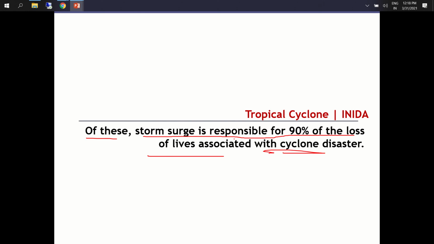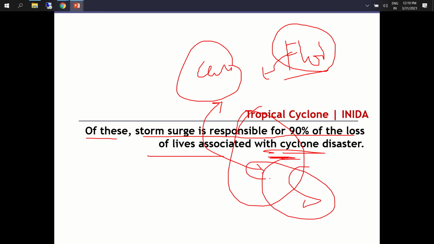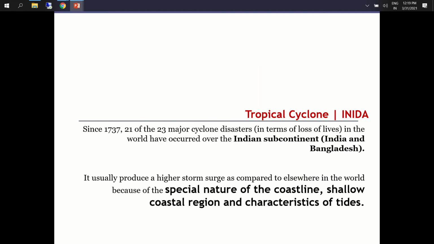That's why, when we were discussing floods, I thought I would keep the mitigation and case studies to be discussed along with cyclone shelters or cyclone mitigation, because this is closely linked. The kind of preventive measures, structural and physical, that we will be discussing here will be quite similar to what we discuss in floods.